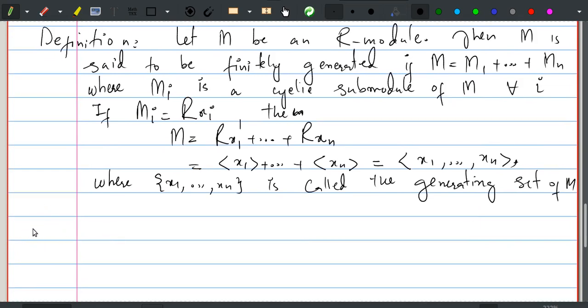So we have an analogous result as we did in free groups. We have an analogous result for modules. So this is a proposition. We call an R module